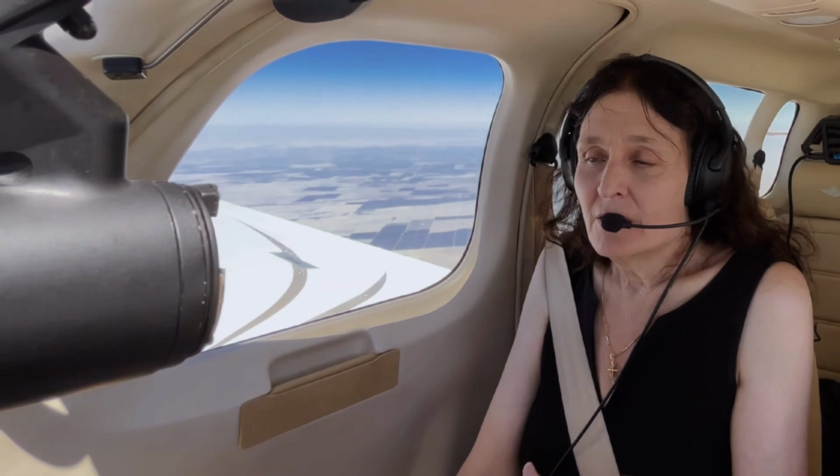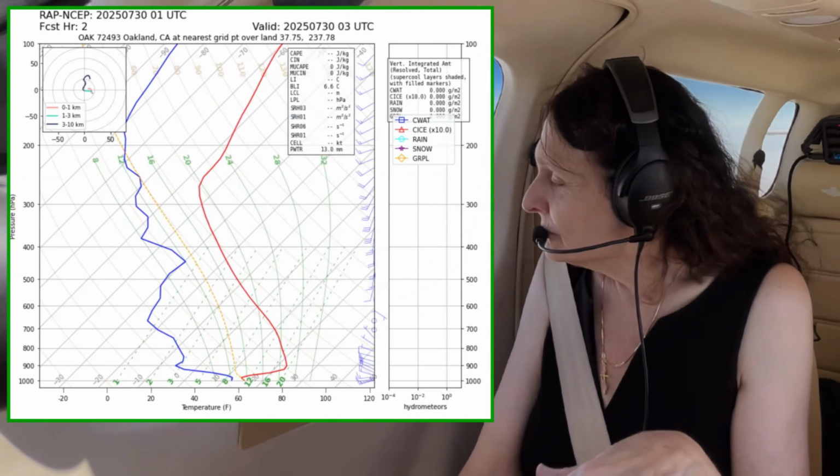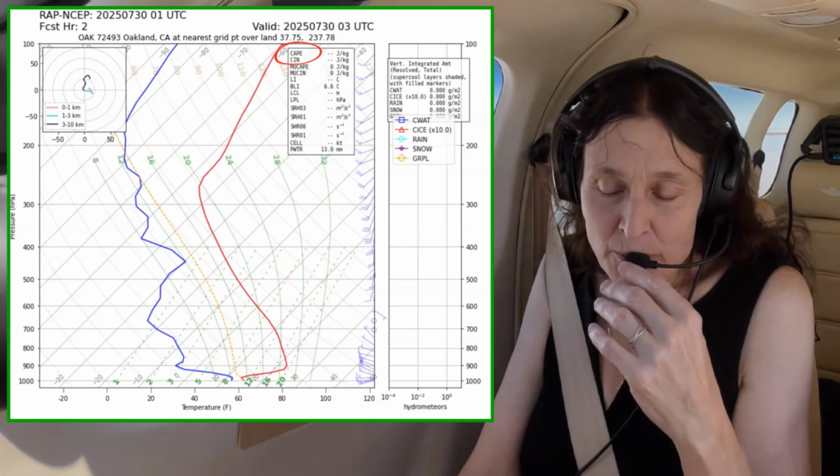I really like using the CAPE, the convective available potential energy that you...